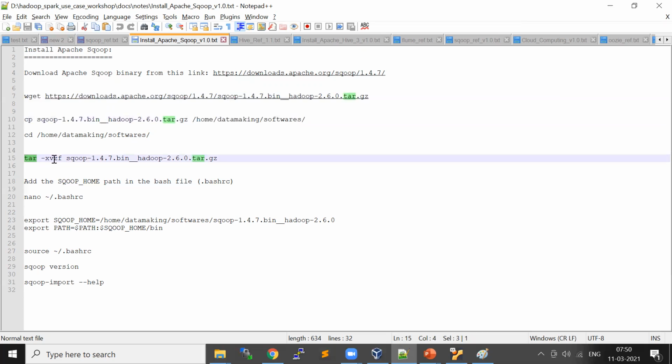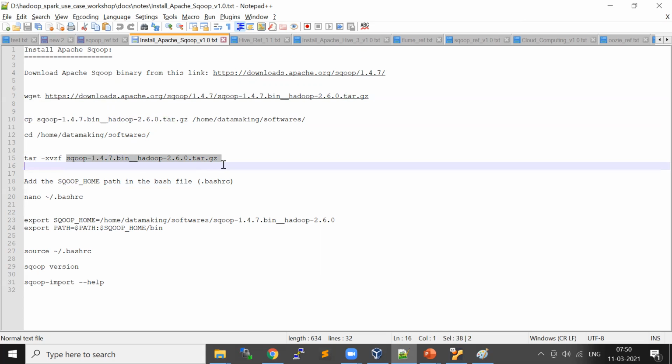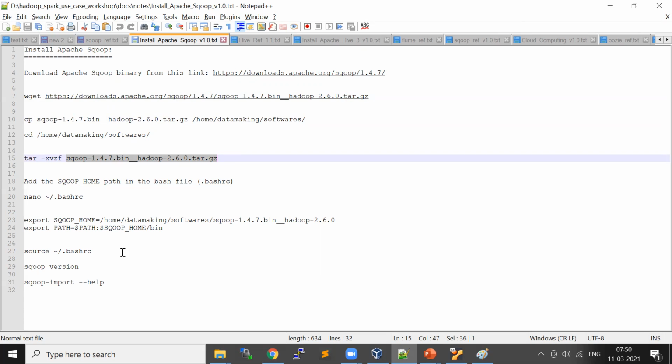Then you have to extract this compressed file. Use the tar command with -xvzf followed by the tar.gz file. This will extract it. Now you just have to set the Sqoop home environment variable.